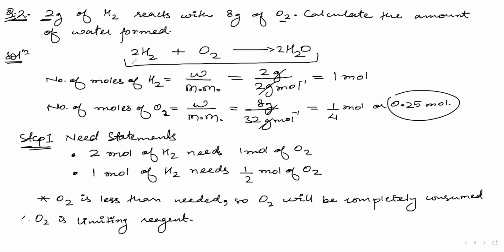So I have said that there is a molecular picture, a molar picture, a mass picture, and a volume picture for this chemical equation, right? If I ask you the molar picture of this chemical reaction, how will you read this? I'm telling you the molecular picture first, and then you will read this in the molar picture. The molecular picture says that two molecules of hydrogen gas react with one molecule of oxygen gas to give 2 molecules of water. Now tell me the molar picture. How will you say it in terms of mole?